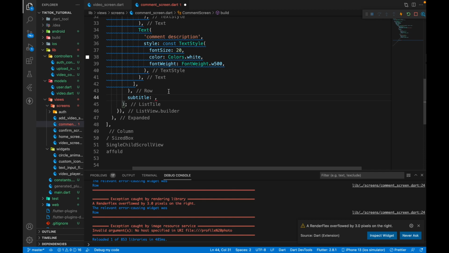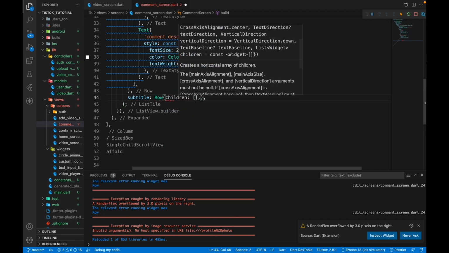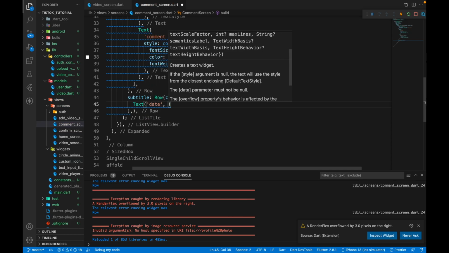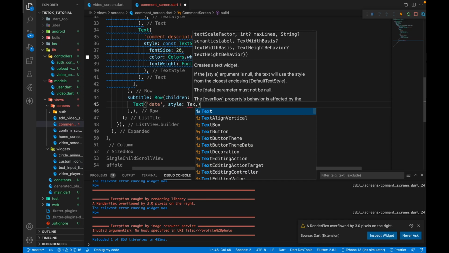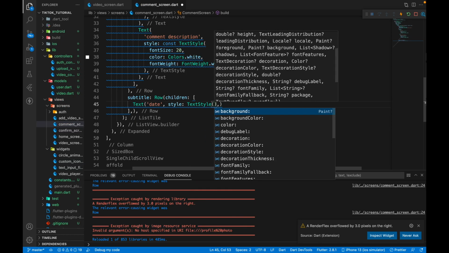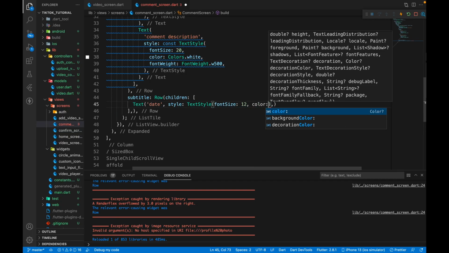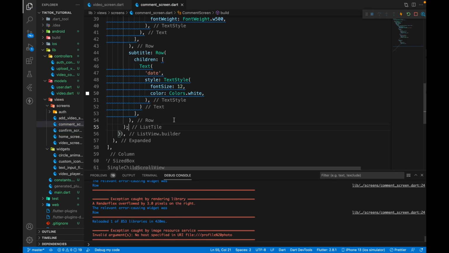So we can put that. So we can have row, and it will be children, and first of all this will have a date, and we need to get some styling. So the styling is going to be text style, and then the font size is going to be 12. Color is going to be colors.white. We can save this,